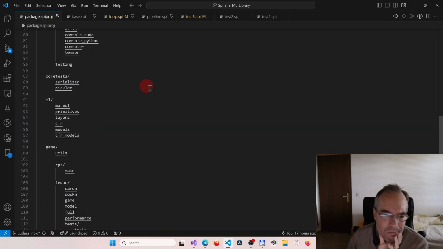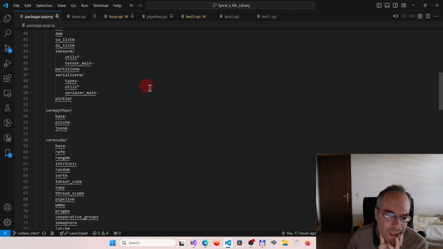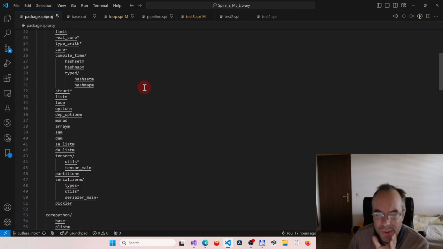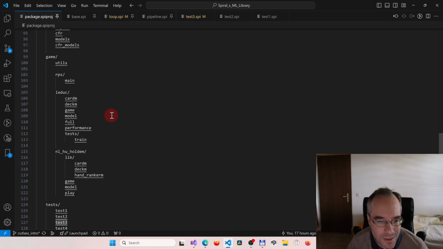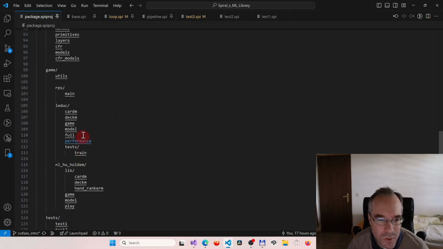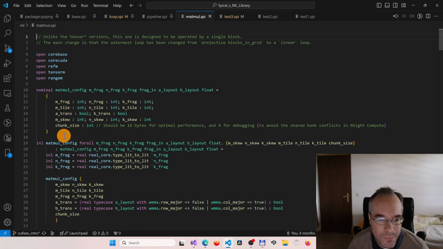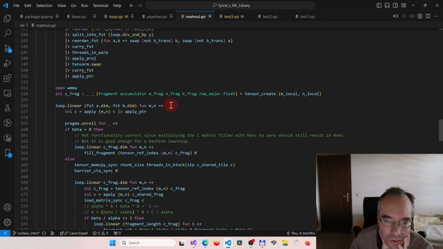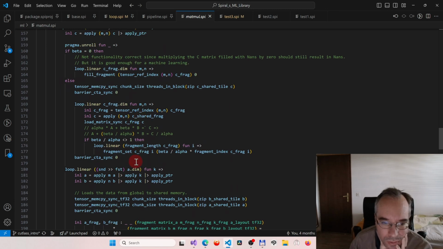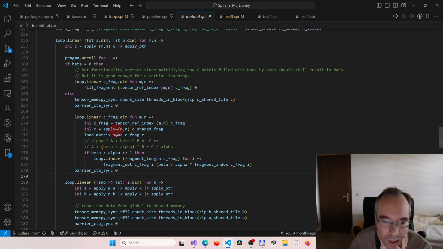And the way we are going to improve the matrix multiplication kernel, if we go into the previous video and check it out, you'll see that we are unrolling one of the loops. Where is it? I'm looking for the matrix multiply. It's in the ML library. Yeah, well, let's see one of the loops. Okay, not this loop. Oh yeah, we have the pragma unroll here, and we are unrolling this K loop,